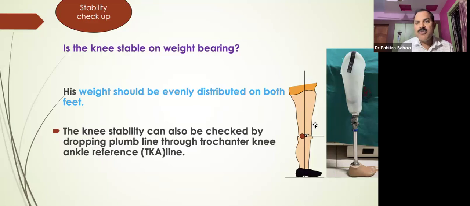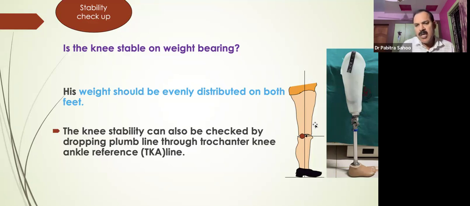If the knee is stable, when you give a small stroke to the back of the knee it will buckle and suddenly come back to its neutral position. If that is happening, then stability is okay. If the knee keeps buckling, that means the patient is unable to restore knee stability. So there is something wrong at the knee joint level, which is very vulnerable to knee flexion moment. That can be easily assessed by drawing a drop line from the trochanter to the ankle joint, called the trochanter knee ankle line, which best checks the alignment of the prosthesis, that is the sagittal alignment of the prosthesis